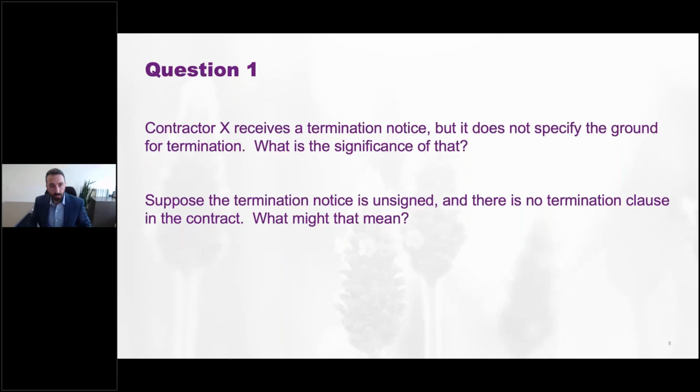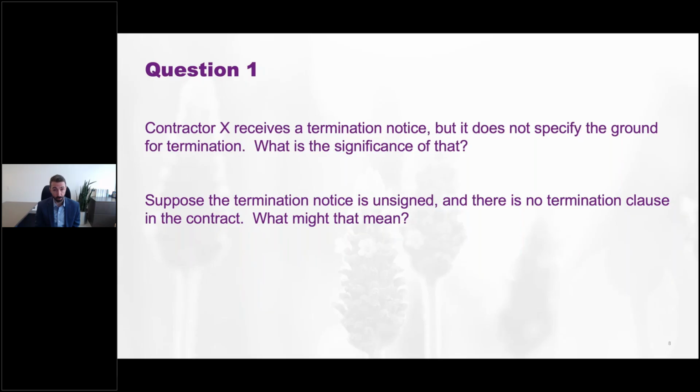All right, so what's the significance of that? If the government doesn't specify, well, it needs to specify. It's supposed to specify so you can understand what grounds it is invoking, because your rights are going to be different if it's a termination for default versus a convenience. If it's not specified, then one approach is to tell the government that you don't think that you understand it's a termination for convenience, right? That's one approach you can take for it. But you might also want to look in that situation, take a hard look at